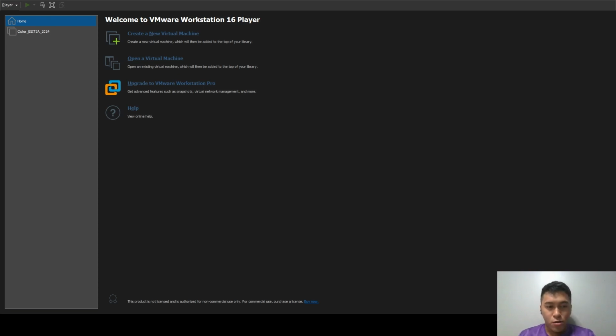What new skills or knowledge did you gain from this activity? Throughout this activity, I gained a basic understanding of virtualization and how virtual machines operate within VMware Workstation 16 Player. I also learned how to install software, configure settings such as memory allocation and disk size, and set up a virtual machine that meets specific compatibility requirements.